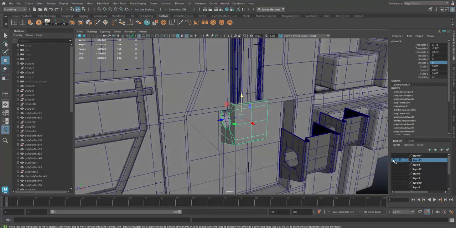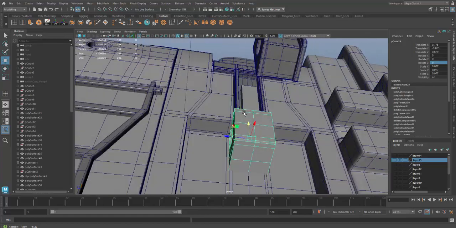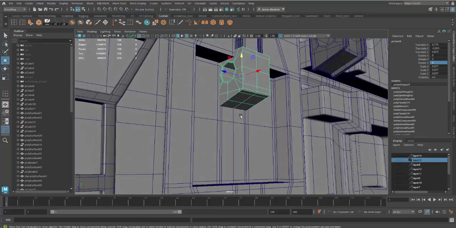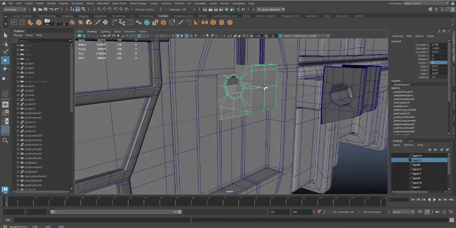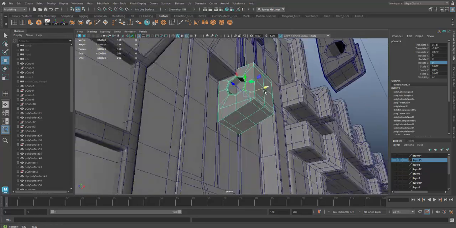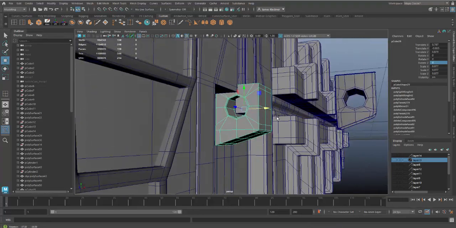So I'll go ahead and turn off this layer, and then looking at this, the only problem is it's literally penetrating the end wall there, so we'd want to bring that out a little bit to make sure it's not. It can be touching the edge, we don't want it to be penetrating, since this whole thing is going to be levitating around. So